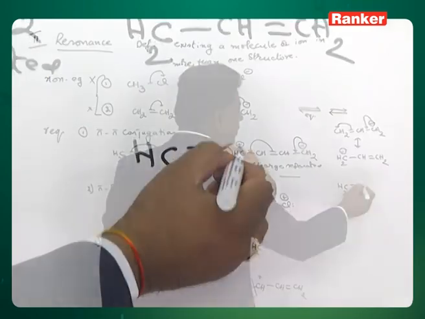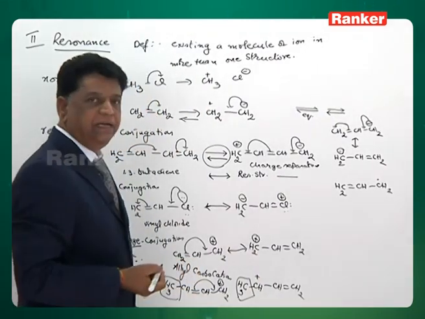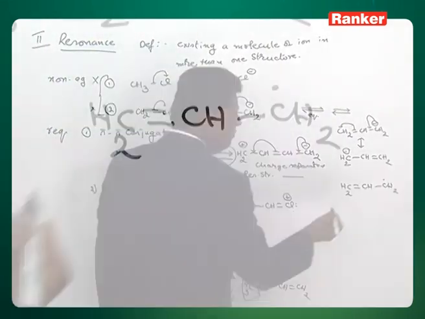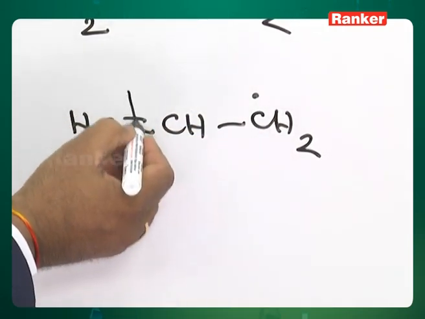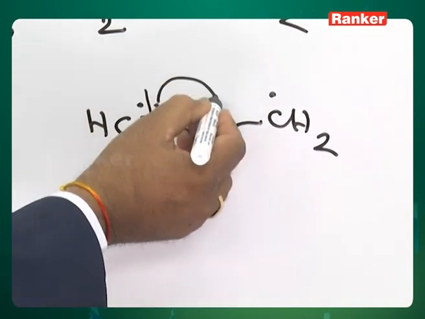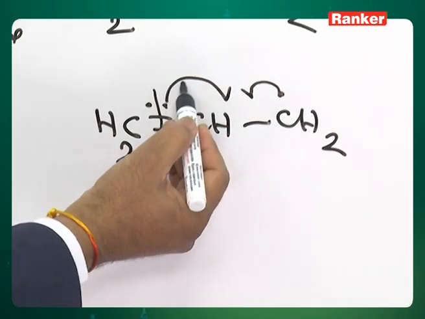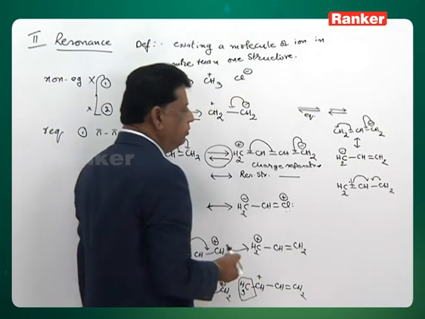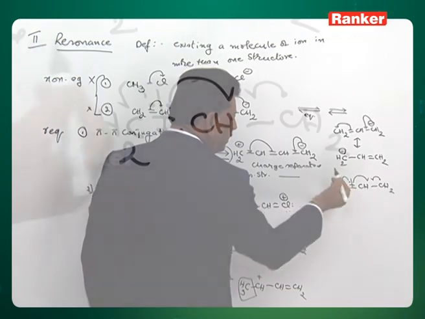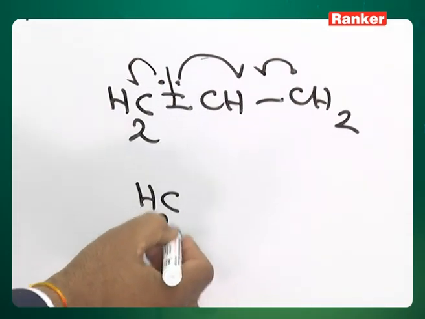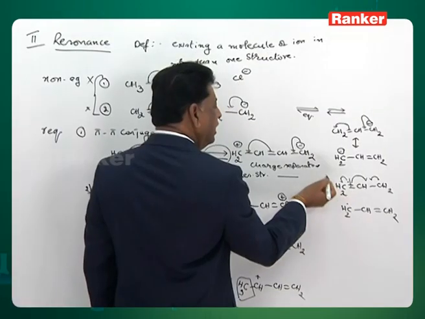Similarly, CH2 double bond with CH2 free radical, one electron. Now resonance writing will be slightly different in this case. When you have one electron, I cannot bring two electrons and make three electrons to have a bond. So homolytic fission you have to show. One electron coming here, one electron coming here. See that the shift is only one electron. So therefore a curved arrow with one side hook. One side hook shows shift of one electron. The other electron goes to this corner carbon. So you will get this side CH2 becoming a dot, and that side you will get a pi bond. This is also an allyl free radical, this is also an allyl free radical.